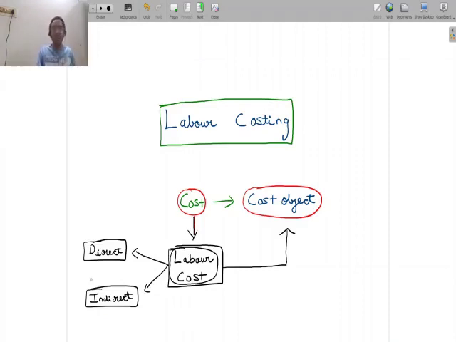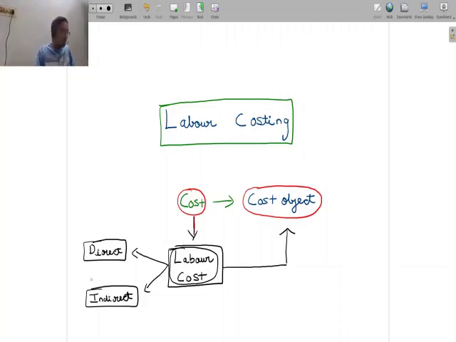Now why is that the case? Because the cost object changed. Earlier the cost object was one unit of a product. Here the cost object was an entire factory itself. I wanted to understand what is the cost of running that one factory. So in that case, the supervisor's pay also was classified as a direct cost.